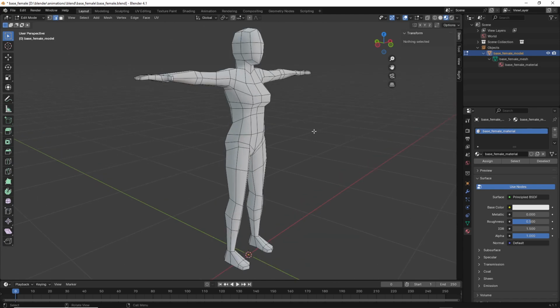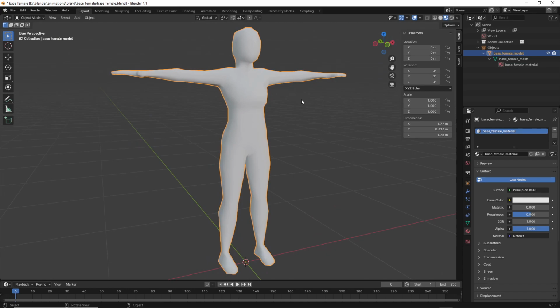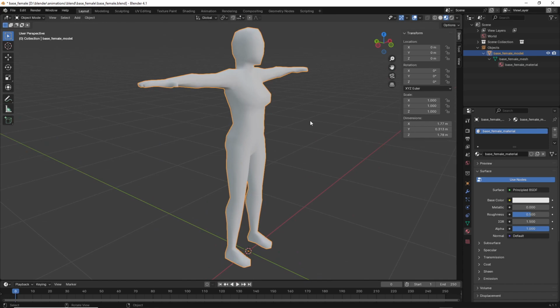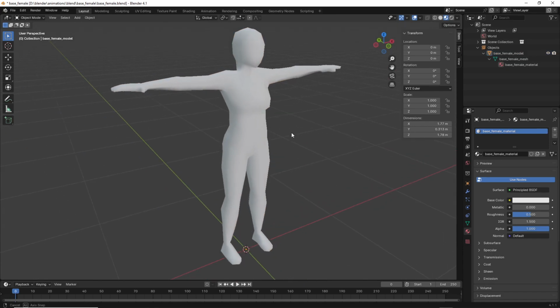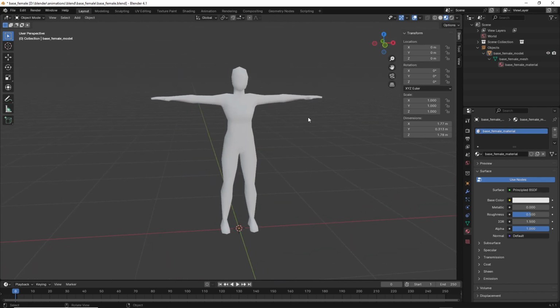So anyway, it's good to have stuff like that, especially if you're going to start doing your own artwork in Blender or any other 3D modeling package. But a couple of things I want to show you